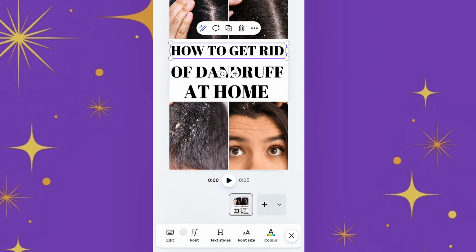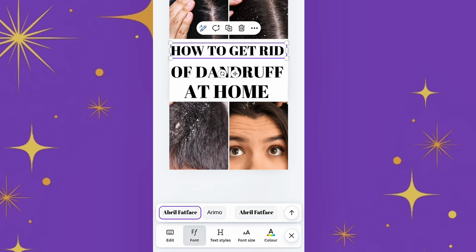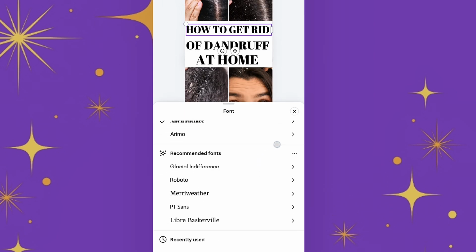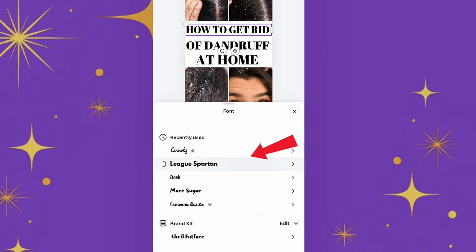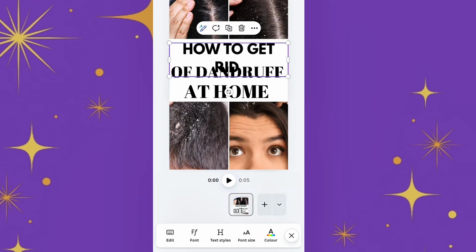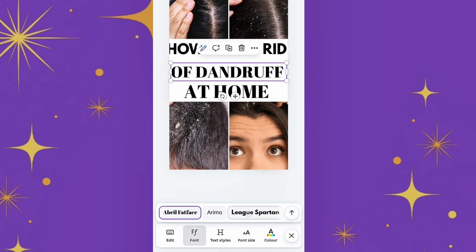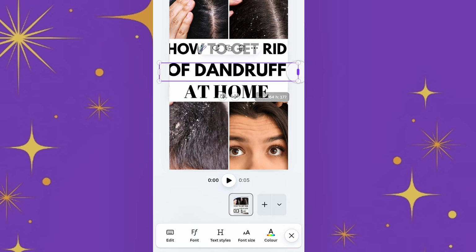So if you want to change the font of your write-up, all you just have to do is to click down here where you see font, you click on font to choose the kind of font you want for your write-up. So once you click on font, if all the fonts you're seeing here is not what you want, you just click on this arrow by your right and it will bring out all the fonts for you. Okay, so for this design we are going to be using this font. So we'll be using this font for the design,